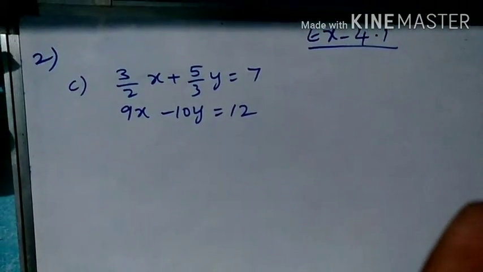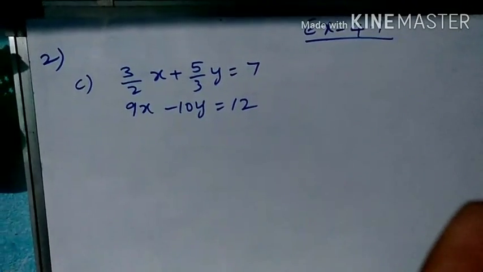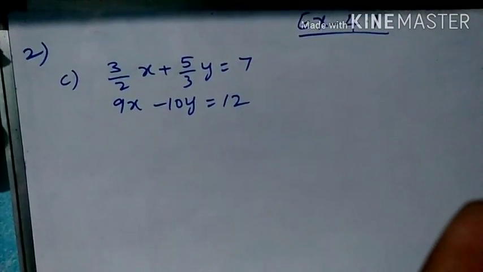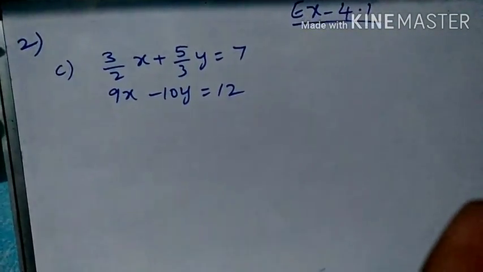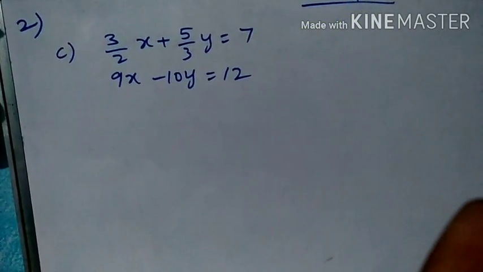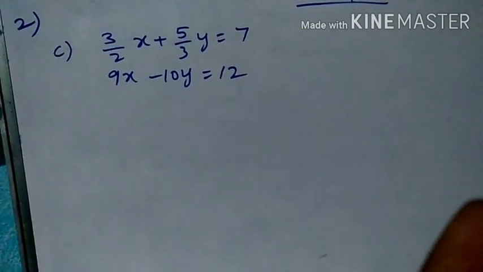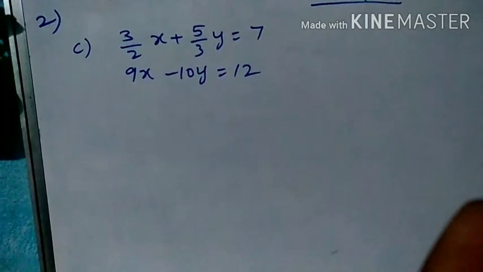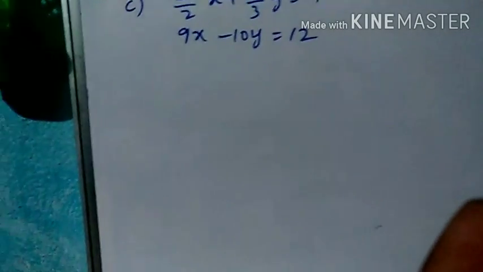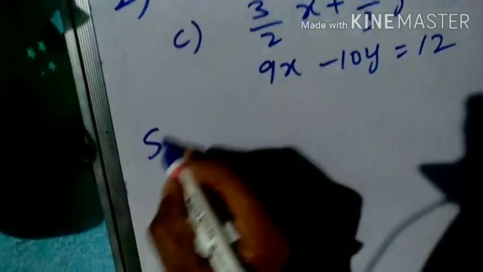Today our topic is pair of linear equations in two variables. Exercise 4.1, second bit, C question. 3 by 2x plus 5 by 3y is equal to 7, and 9x minus 10y is equal to 12. So I am solving this equation. Solution: